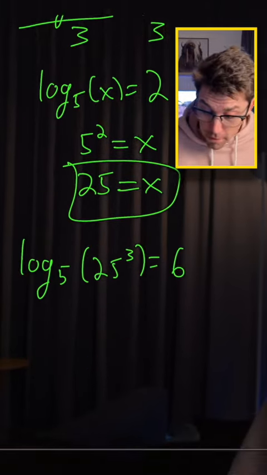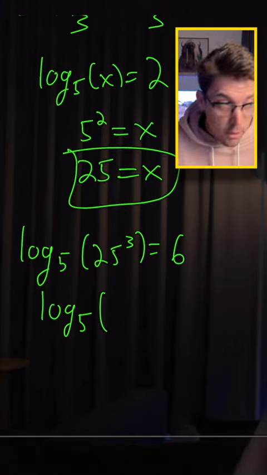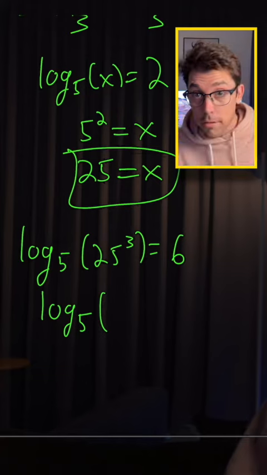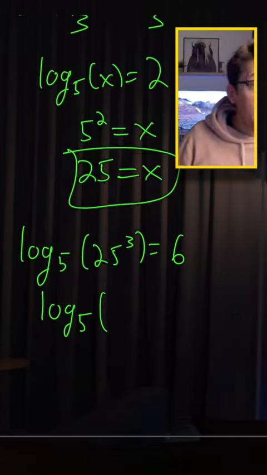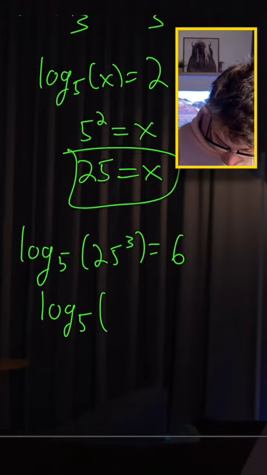And let's actually further verify this. That would mean that log base 5 of what, 25 cubed? 25 cubed is positive. I don't know it off the top of my head, actually. It's 15,625 is equal to 6. So the question is, does 5 to the power of 6 equal